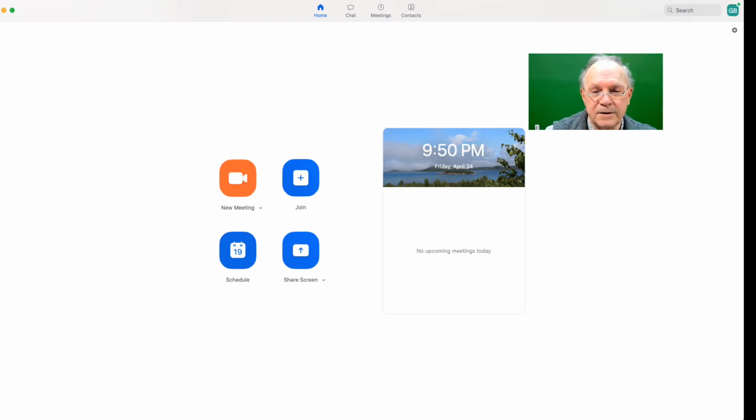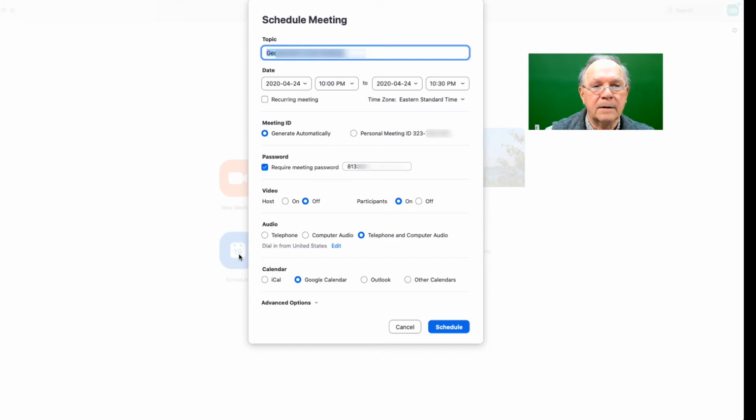The intent of this video is to introduce novice Zoom users into how to set up and schedule a Zoom meeting. So we have logged into the Zoom client application, and we're going to start by coming down to the Schedule button. Click on the button and it opens up a schedule meeting page, and in this we want to